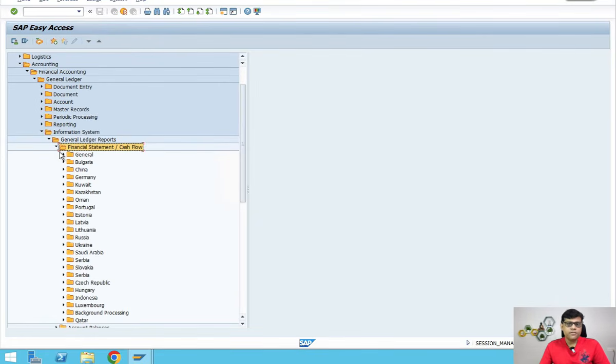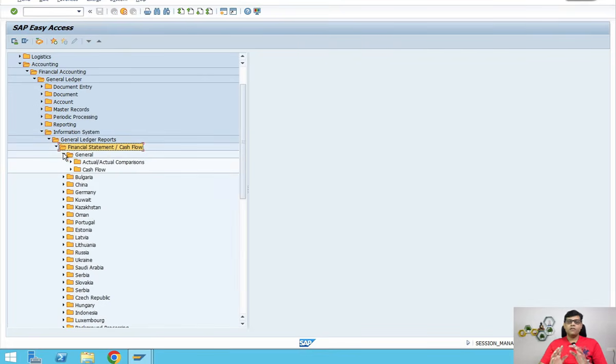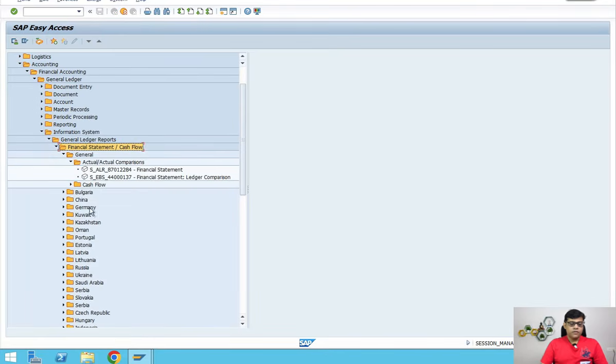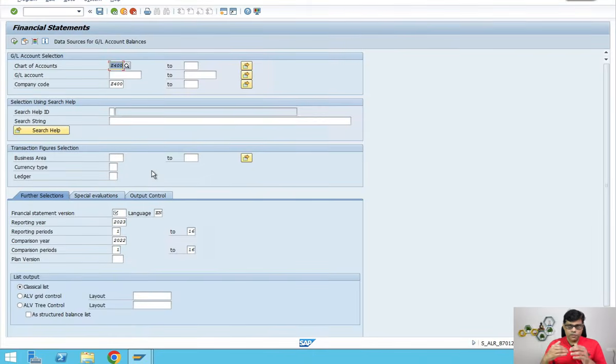If I start recording the transactions, and you are not familiar with the business process, it will be difficult for those participants or viewers. That's why I'm just giving a background. So we will go here and run that particular report. Now I got my screen here and I am going to record the required chart of accounts. Again, no need to worry, I will explain what a chart of accounts is if someone is not from an SAP background. And for my company code, I am going to run the report, and I selected here my entity,